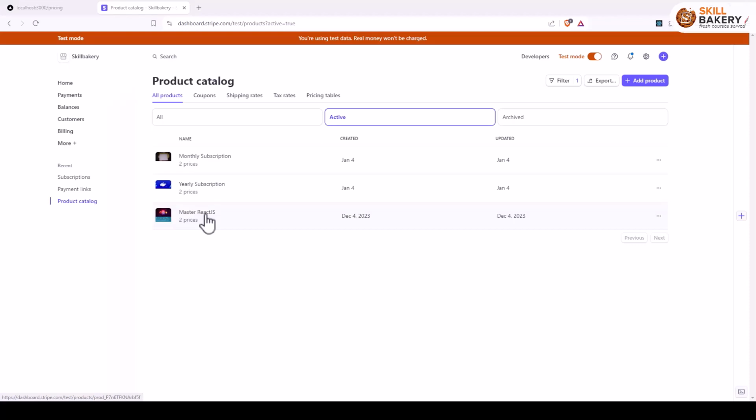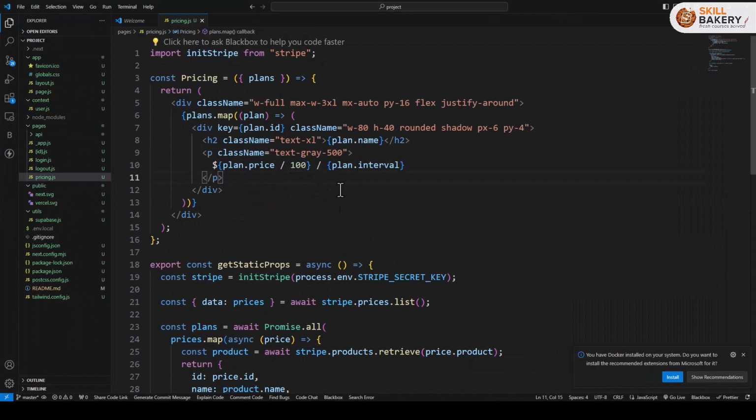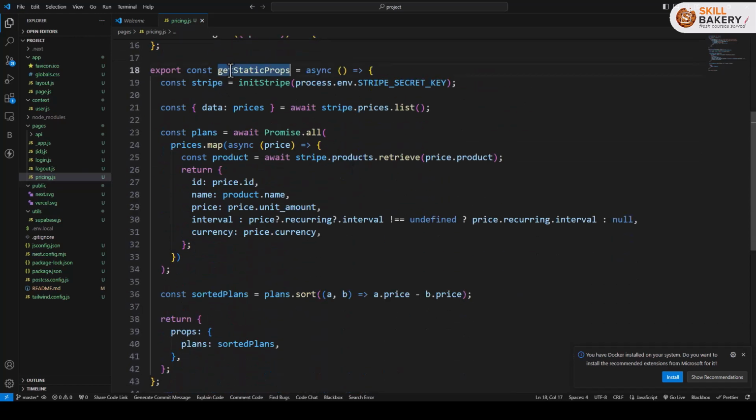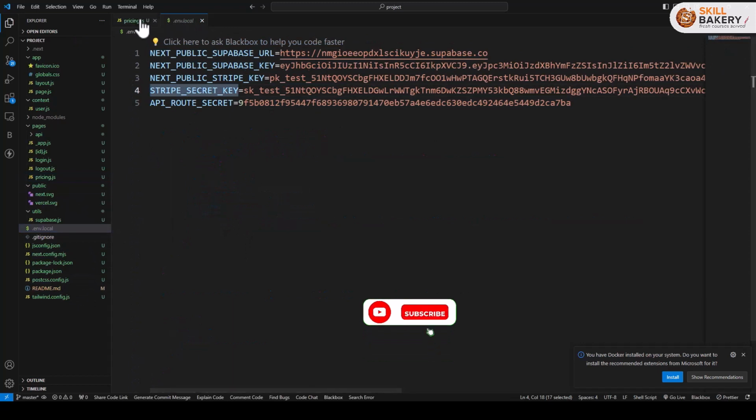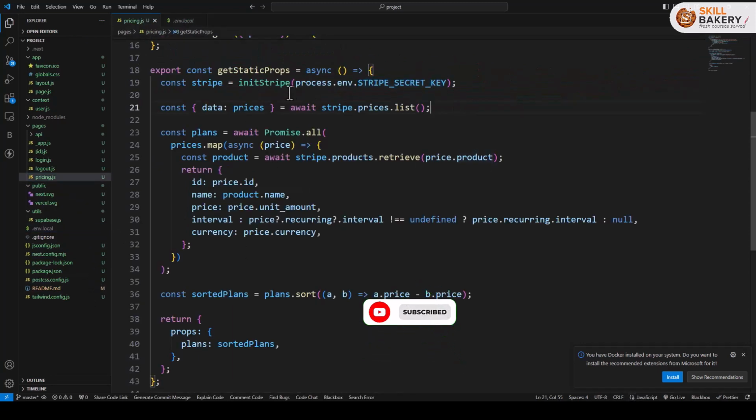Now, in order to read this product information in our web page, what we have done is we have created a page called pricing.js. Now, here we have first of all imported initStripe from the Stripe package. After that, we have made use of getStaticProps, and we have used the Stripe secret key, which we have mentioned in our env.local file. And using this Stripe secret key, we have initialized the Stripe package,